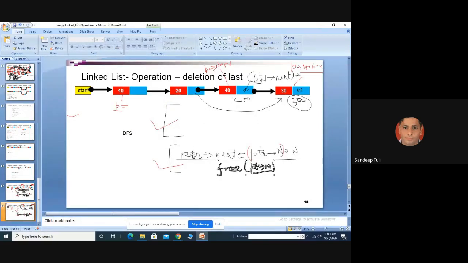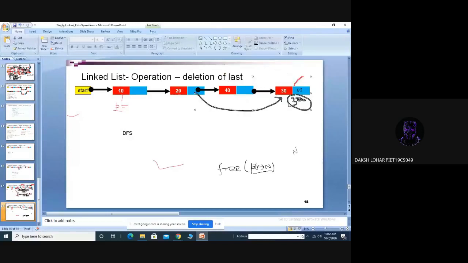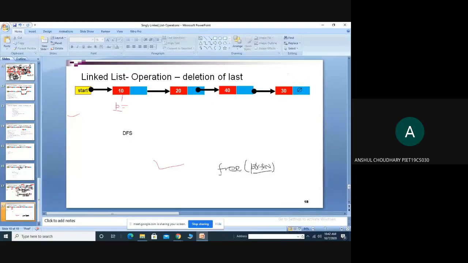We have to write the code. Can we write the code also? Yes sir, we can help.